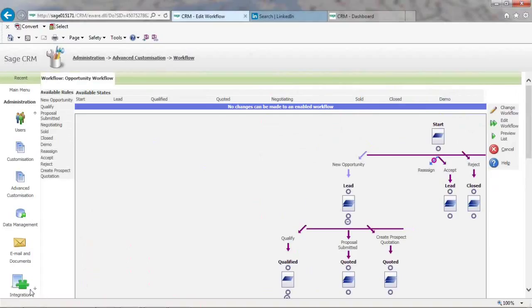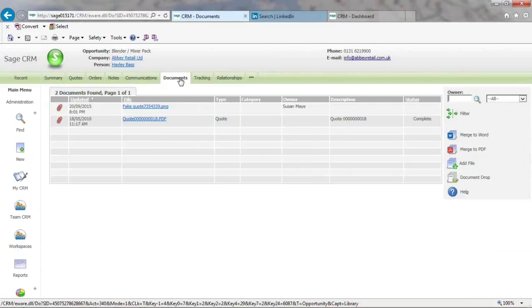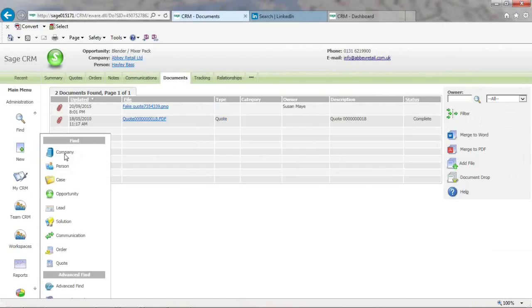Okay, so I'm just going to go back to the main areas I was just talking about there. Finally, so from communications and shared documents, you can see how easy, depending on where you are in the system, that the system is very collaborative. So I'm looking at this from an opportunities point of view, but any user who works for my company can actually go in, view documents, view communications, look at emails, and actually look at relationships. So kind of just to touch on that in a little bit more detail, I'm actually going to just do a little hunt